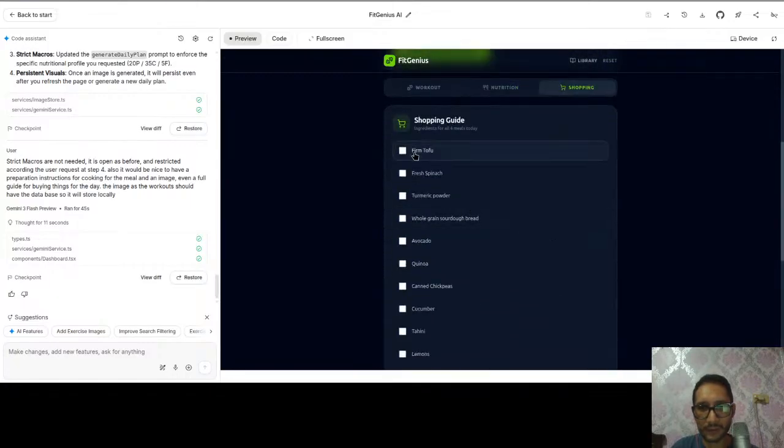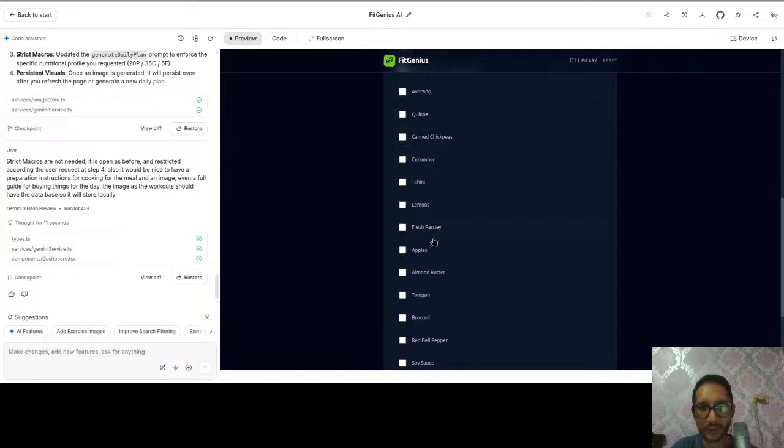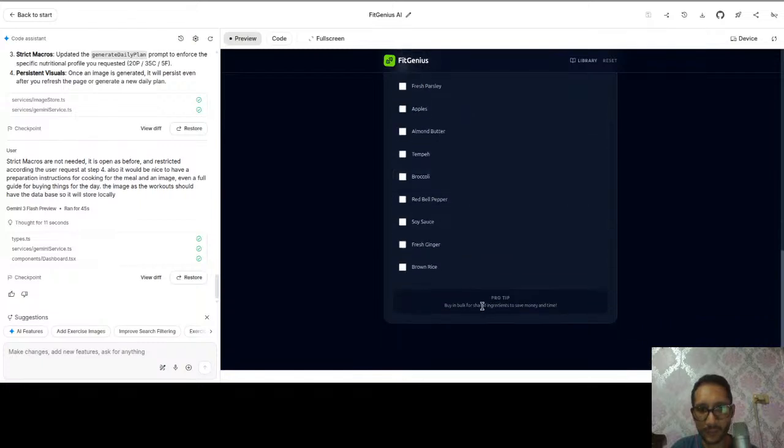Shopping. Firm tofu. Okay, it has the list, but it doesn't tell me how much. Fresh spinach, how much? Turmeric powder, how much, maximum or minimum of course. Avocado. Pro tip: buy in bulk for shared ingredients to save more money and time.